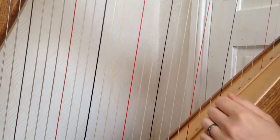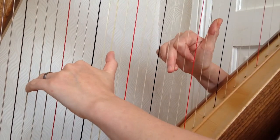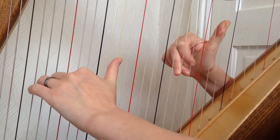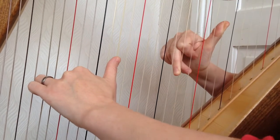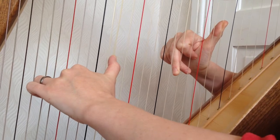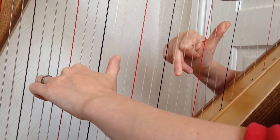Try just putting that section together with the top hand. Again, we'll take this a bit slower. All of today is going to be a little bit slower just because there's a lot more to be thinking about. So our top hand on the A and the E, left hand on that A shape, A octave with the E in the middle. 1 and 2 and